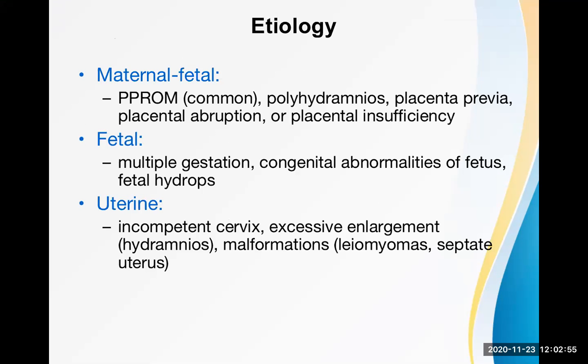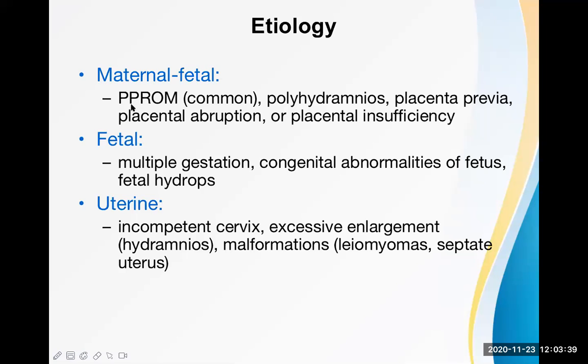Now, what are the causes or etiology of preterm labor? Let's talk about that. Those are classified under 3 headings: maternal, fetal, and uterine. You can call it maternal also. Fetal is given separately. So see this, PPROM. This is preterm premature rupture of membrane. This first P is for preterm, another P is for premature. So preterm, premature rupture of membrane.